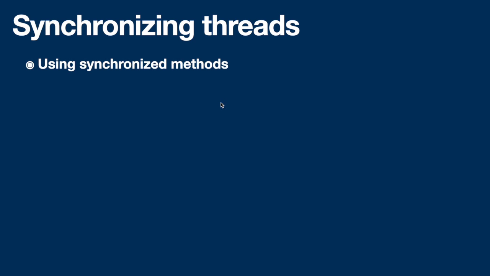And we can synchronize threads by using synchronized methods. That means we precede the method definition with the keyword synchronized, or we can use a synchronized statement block to synchronize statements in